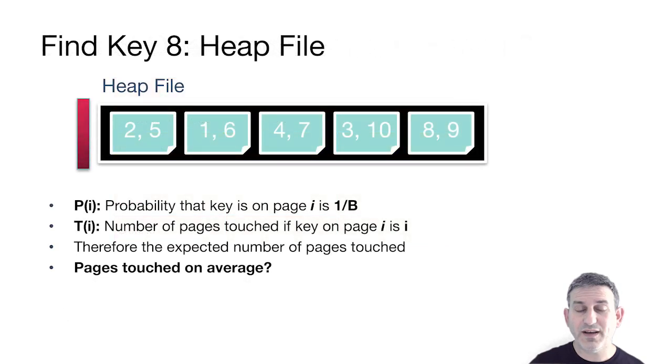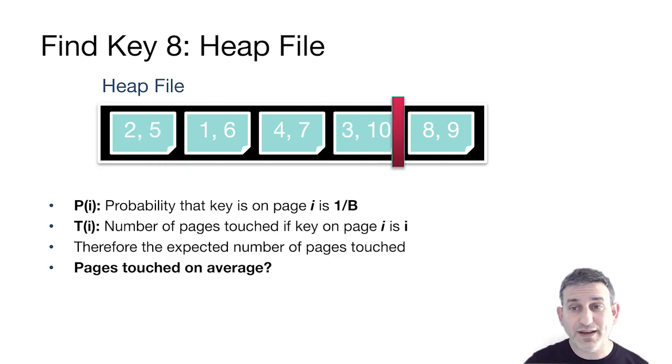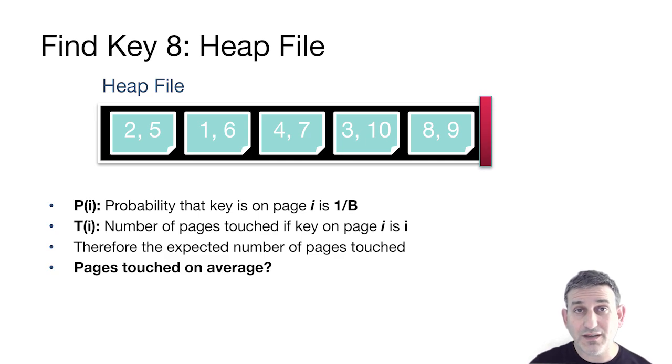We'll start with the heap file. In a heap file, we're going to scan from the left to the right, looking for the value that we're searching for. Remember, there's exactly one match, so at some point when we find that match, we can quit. In the worst case, we scan all the way to the end of the file. But in some cases, we might scan fewer pages and then find the record and quit early. So we have to think about what the probability is that we'll scan less than or more than, say, half